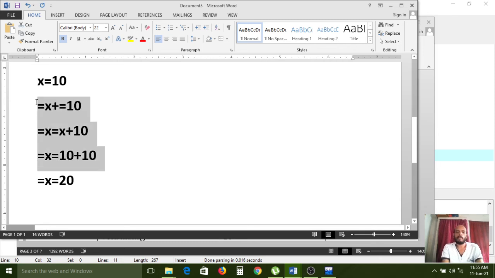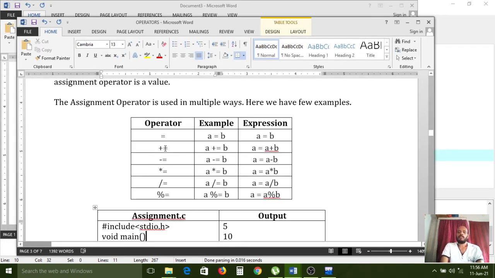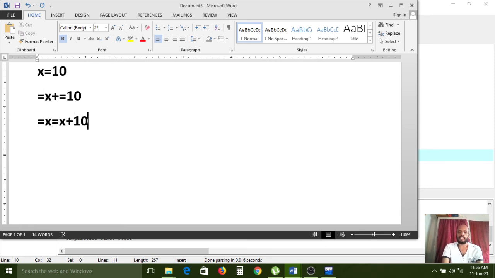Carefully observe. One more time I am explaining, I think you are confused right now. Actually this is a normal assignment, but here the operator is plus equal to symbol, used at a time. So x plus equal to 10. If I write like this, internally it converts to x equal to x plus 10.